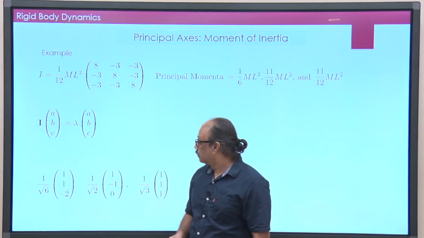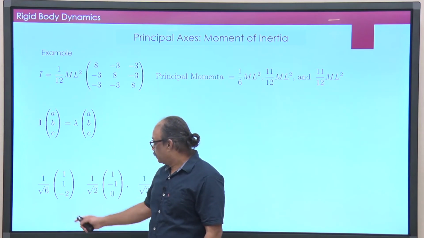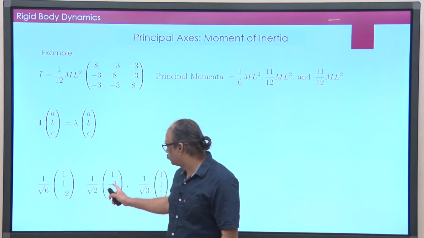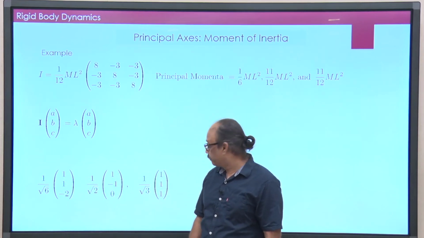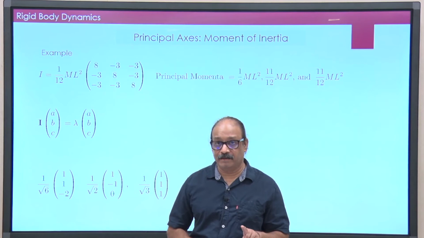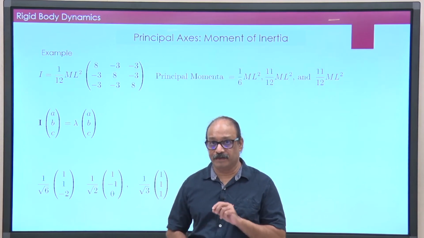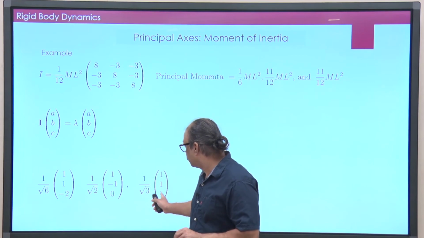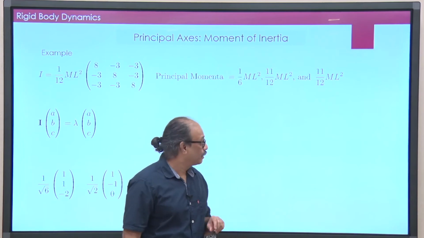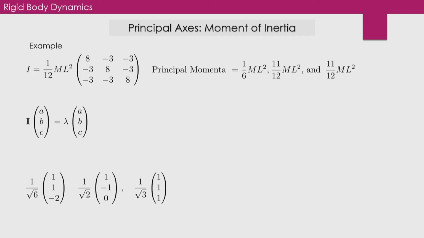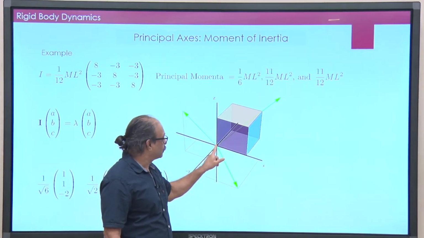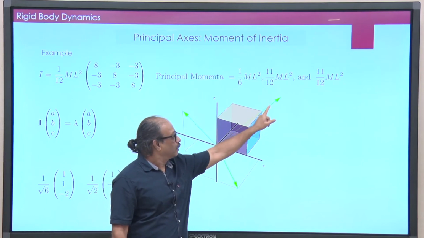Choose one vector, the unit vector in that direction. So, if you choose 3 mutually orthogonal solutions, they are 1 1 minus 2, 1 minus 1 0, and here is 1 1 1. Okay. Now, we see L was parallel to omega when omega was along 1 1 1, because 1 1 1 is actually one of the principal axes of the body. Okay. So, if I look at these 3 vectors, where do they point? The 1 1 1 vector is of course obvious, this is the vector passing through the body diagonal.